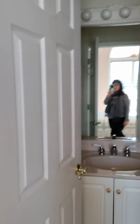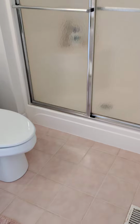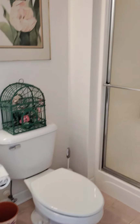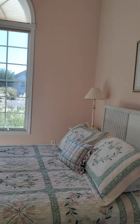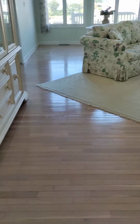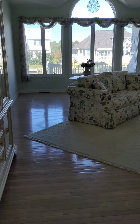It is going to need a little bit of updating. It is original from the looks of it. Clean, very clean. Tile floor. It's like a pinkish kind of color. Sliders, shower insert. It's not tile, but again, it's clean. So it's certainly livable to do updates. The floor is a light pine. It is in need of refinishing, and you'll see as we go through there's some areas that certainly need some